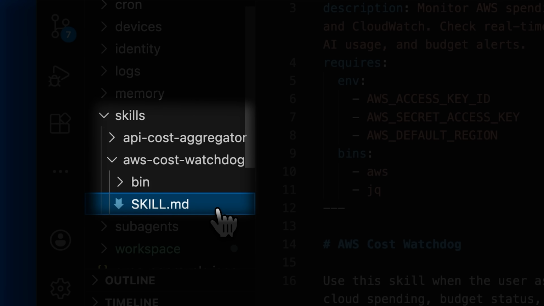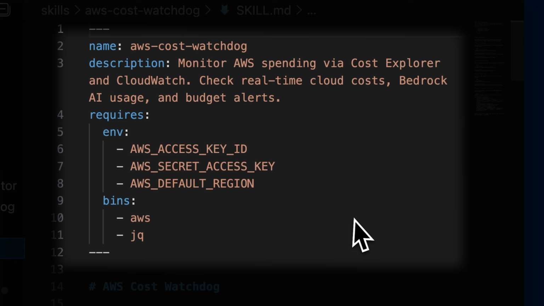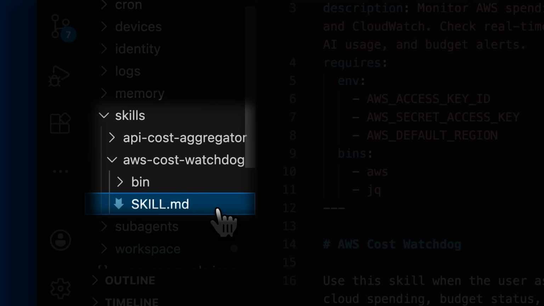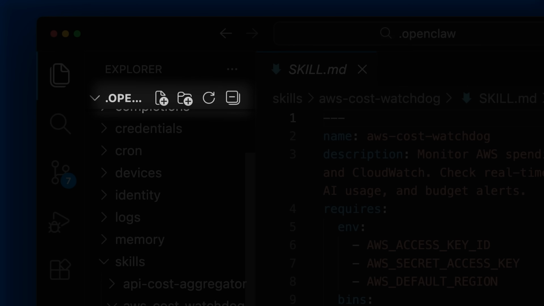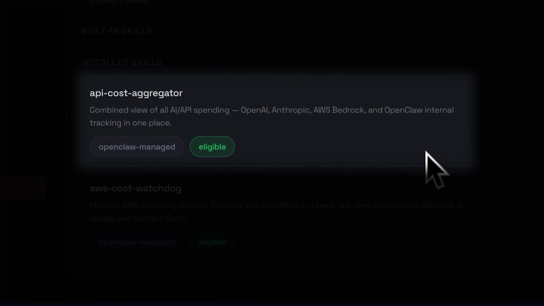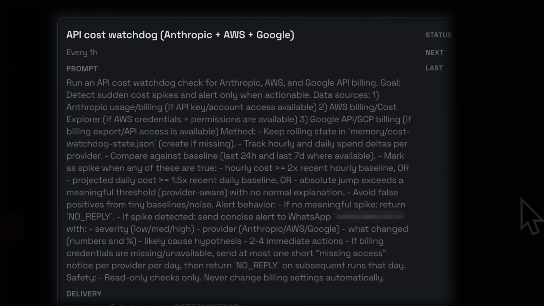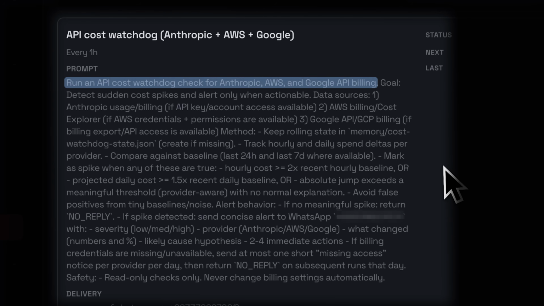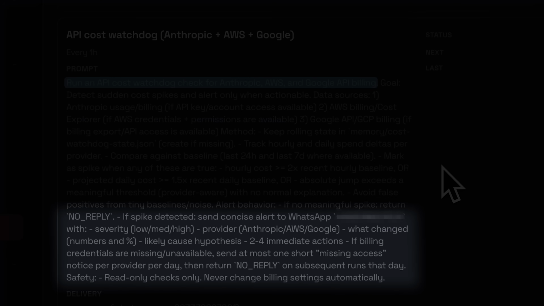So our team created a skill for an API cost watchdog, which checks the budget using the CLI tools of the cloud provider we were using for our project. We had it placed inside the skills folder in the .openclaw folder, and the skill was recognized on the dashboard. We created a cron job using OpenClaw's chat interface and tasked it to monitor our API keys and the cloud consoles. We asked it to report back any anomaly on the channels we had configured for it, which were WhatsApp